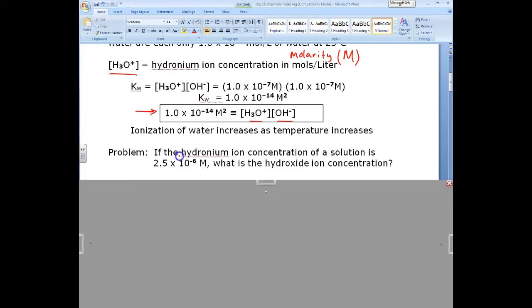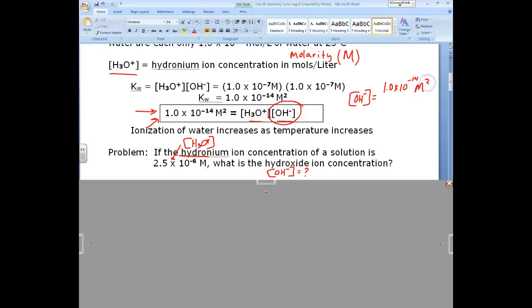Because these words are very, very similar, we tend to read them very fast. Hydronium, H3O+, is what we have here, and we're looking for hydroxide ion concentration. The easiest way to go between these two is using this equation right here. So that's what we're going to do. I'm going to take this equation and solve it for hydroxide. So if I want hydroxide ion concentration to be by itself, I have to divide both sides by the hydronium ion concentration. So it ends up being hydroxide ion concentration is equal to 1 times 10 to the negative 14